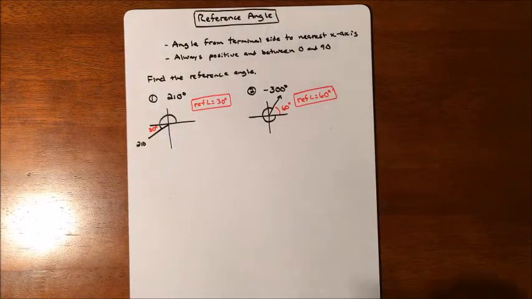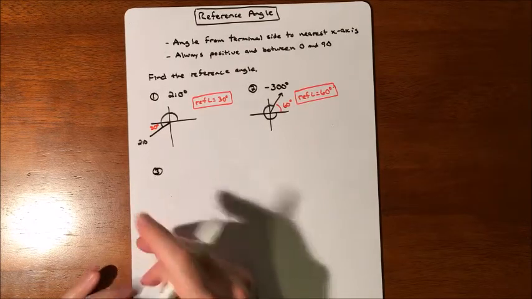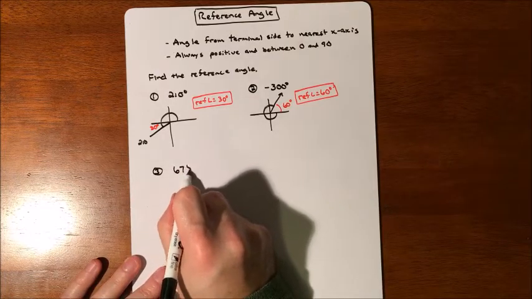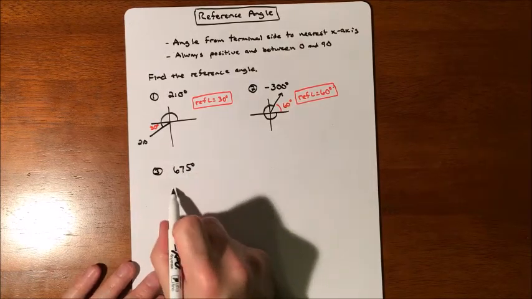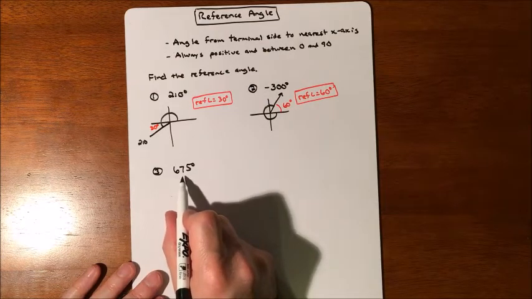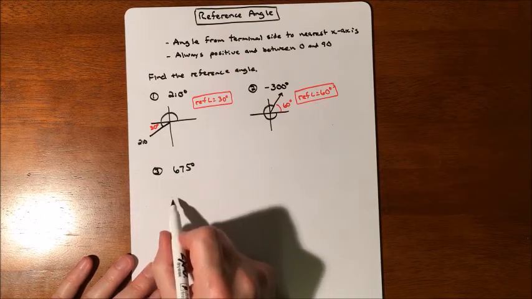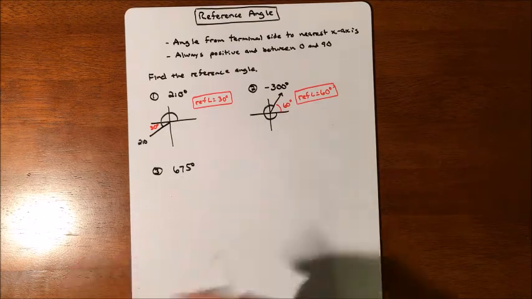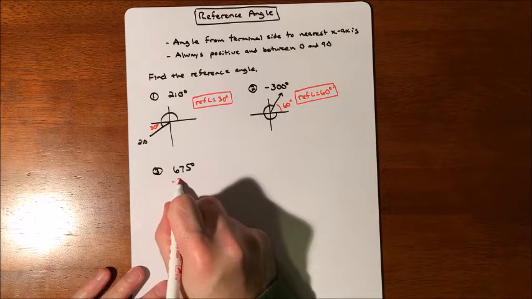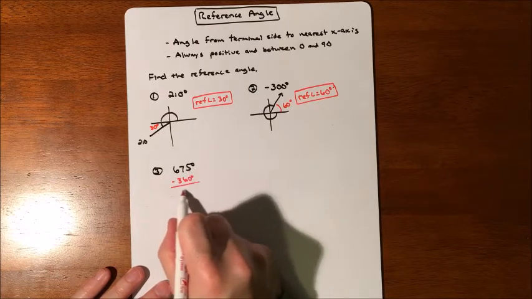All right, and then maybe one more. So let's say you had 675 degrees. So remember that you could turn this into a coterminal kind of angle. 675 is going to be a little bit of a swirl all the way around, which is totally fine. But how about we get a little bit better feel for ourselves by cutting 360 out of the thing? So let's cut one swirl out. So if we do that, we're going to get